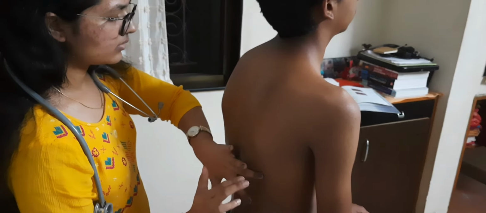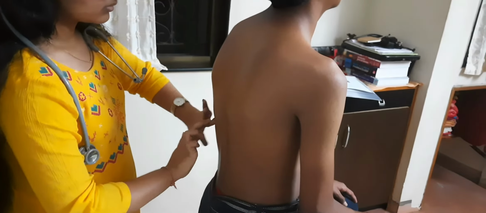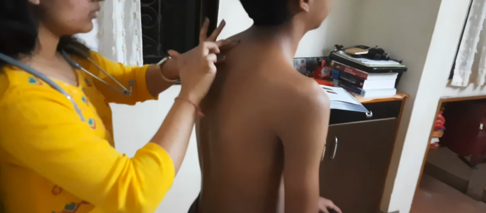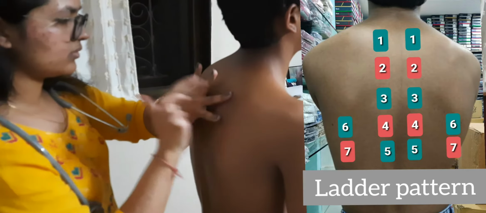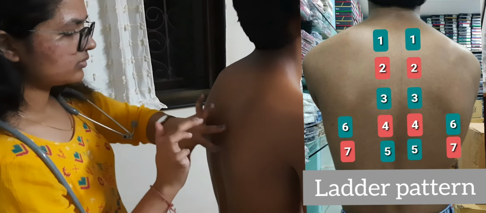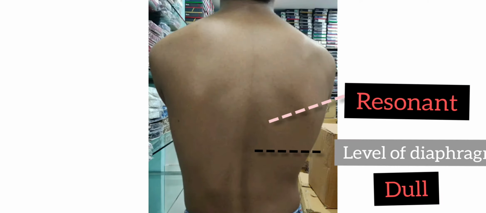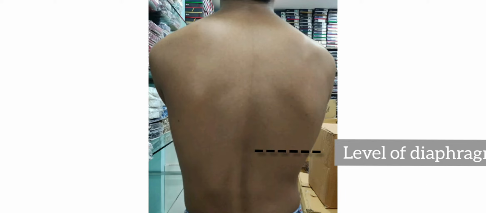With a quick, sharp, but relaxed wrist, strike using the tip of the pleximeter finger and not the finger pad. The goal here is to transmit vibrations through the bones of this joint to the underlying chest wall. Ask the patient to keep both the arms crossed in front of the chest and then percuss the thorax. Percuss one side of the chest, then the other at each level in a ladder-like pattern. Identify the diaphragmatic excursion and determine the level of diaphragmatic dullness during quiet respiration. Holding the pleximeter finger above and parallel to the expected level of dullness, percuss down in progressive steps.